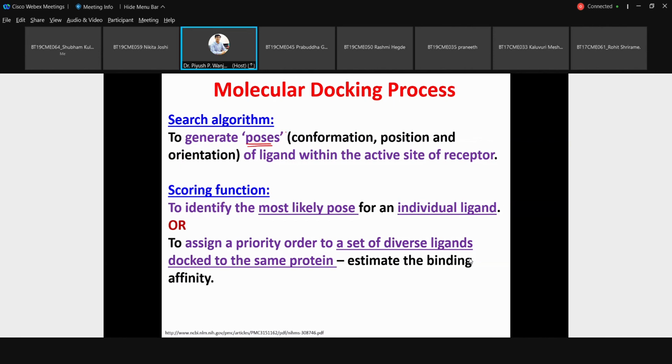You can consider what the software will do: for each thing, different conformations it has to continuously generate. This will be generated as per the instructions within the algorithm, and then for the same ligand you have, it has to keep it at a particular position, and accordingly find out